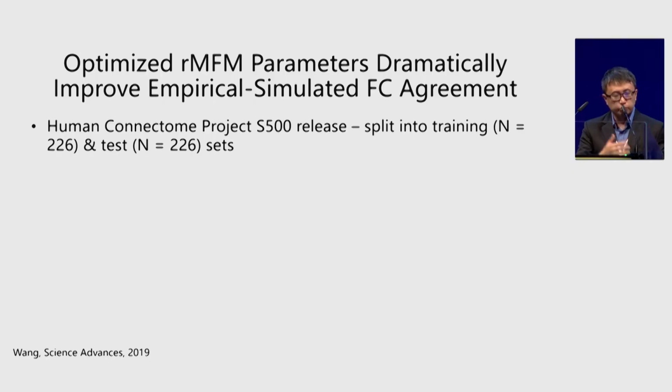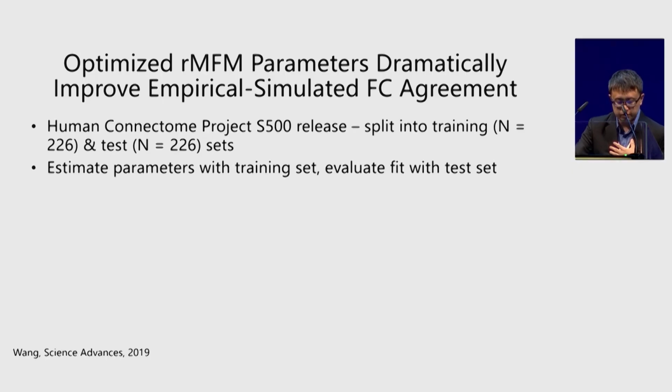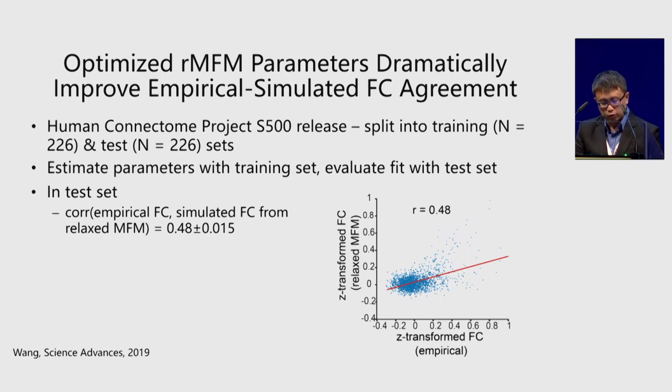So we use the Human Connectome Project. We divide the data into training and test sets. We fit the parameters using the training set, and then evaluate the fit using the test set. Now, in the test set, what we find is that the agreement between the simulated functional connectivity and the real functional connectivity is about